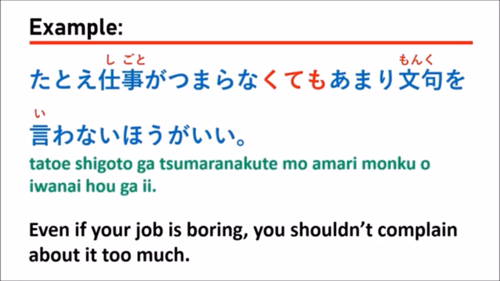So in this example, they say たとえ仕事がつまらなくても, it means even if your job or your work is boring. あまり文句を言わない方がいい。You shouldn't complain about it too much. Something like this. So I hope that you understand how to use the grammar of